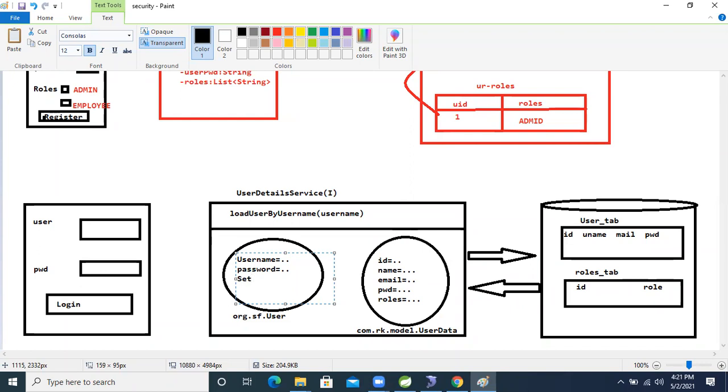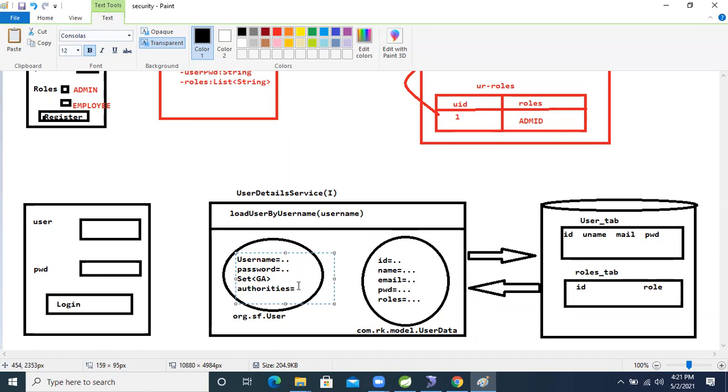Inside the set we will use GrantedAuthority, which is an interface. We will take the authorities. Okay, let's go next.